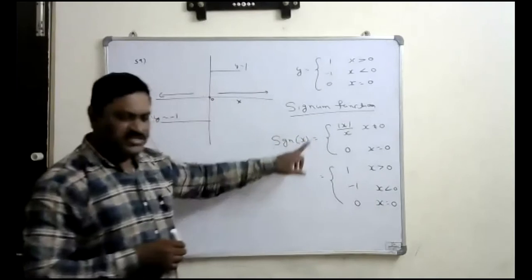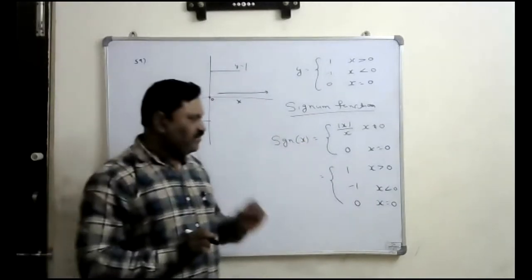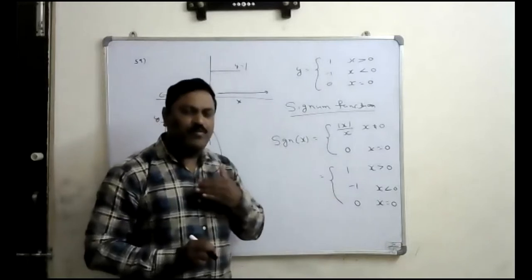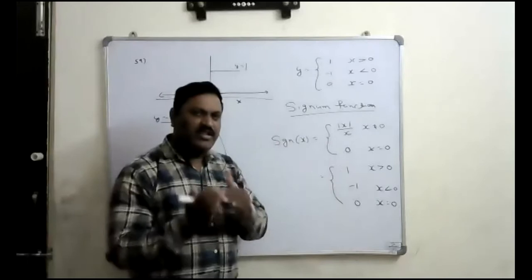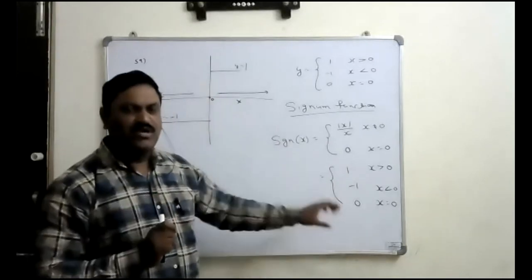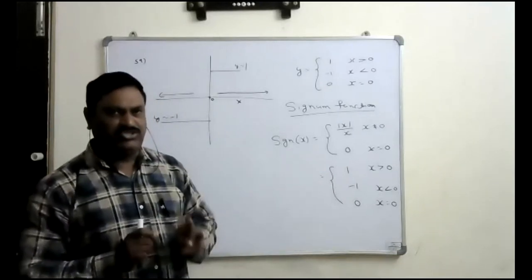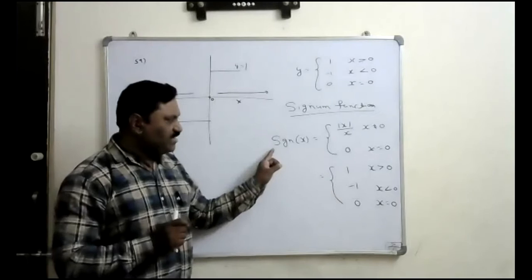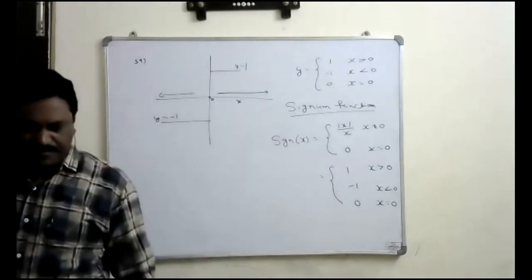So this is the function called the signum function. Remember that. If any function is defined like that, for all positive values of x it gives 1, for all negative values of x it gives minus 1, and when x is 0 it gives 0, that function is called the signum function or signature function. It is represented by SGN of x. Like that we will write it. Okay. Take that.